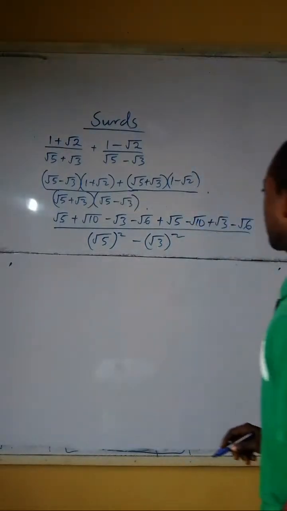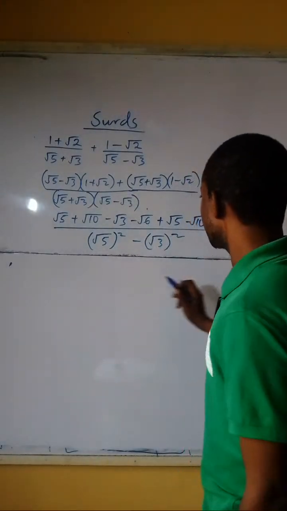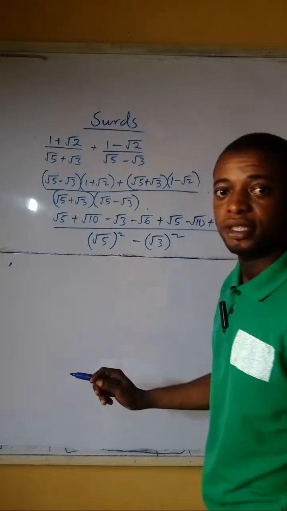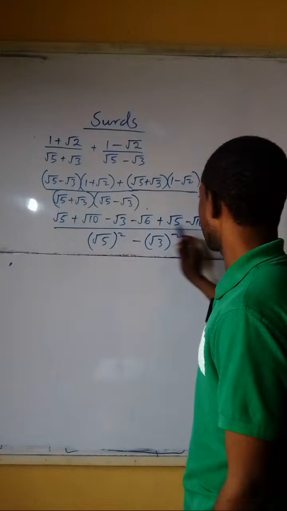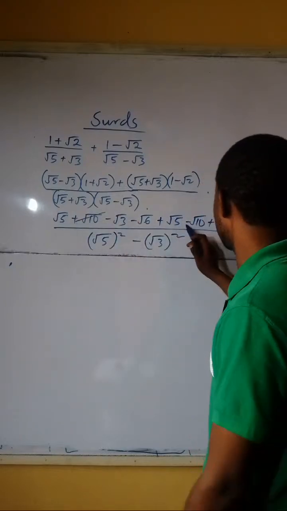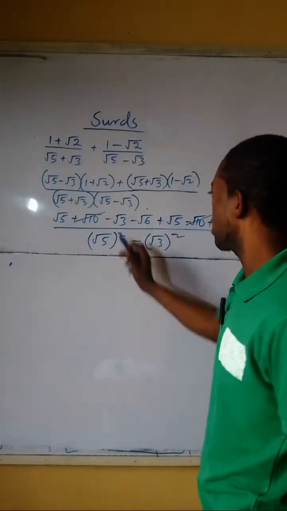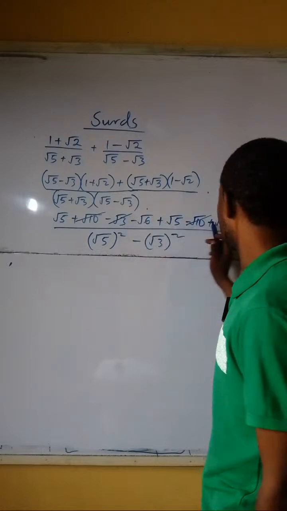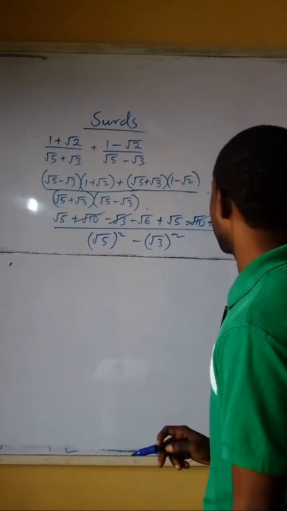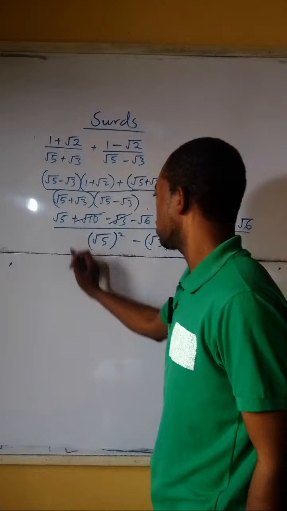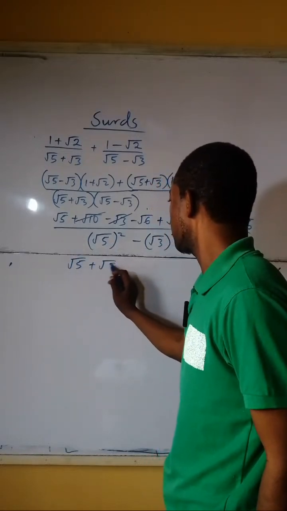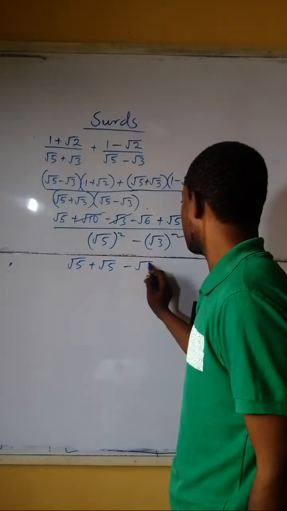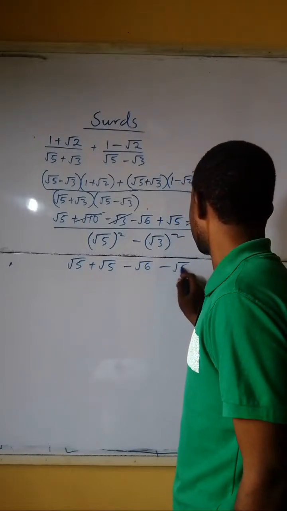Then from what we have up here, we can bring the like terms together. Here, plus root 10 minus root 10, we cancel each other. And also minus root 3 plus root 3 cancel each other. So what we have left now is root 5 plus root 5, then minus root 6 minus root 6, which